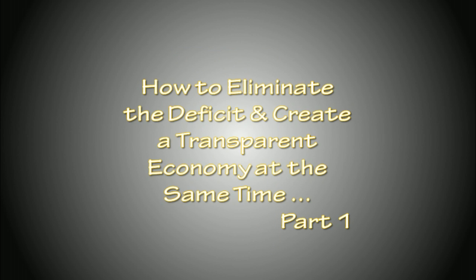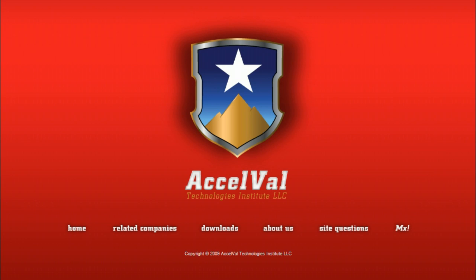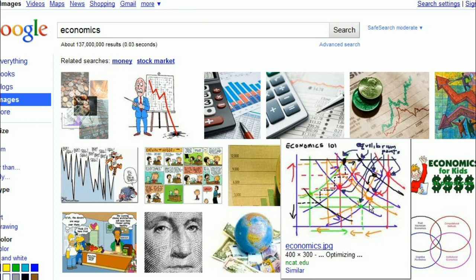How to eliminate the deficit and create a transparent economy at the same time. What we're going to look at here is the new internet application developed by Equal Currency that uses the system clock technology from AccelVal Technologies Institute. By applying the system clock to economics, Equal Currency is able to provide a system-wide accounting platform that enables government